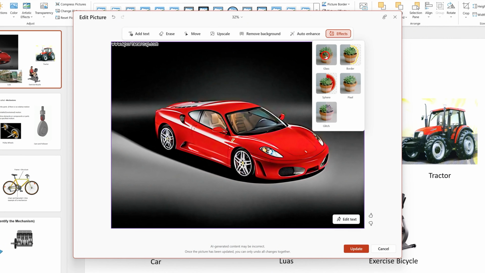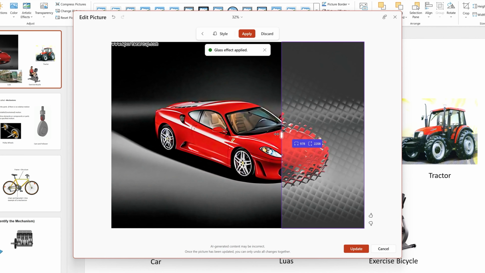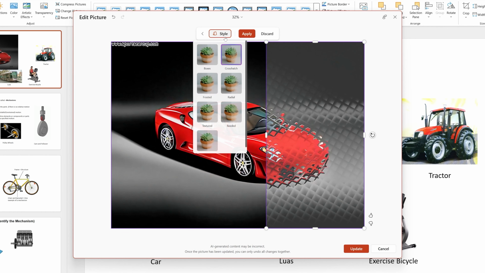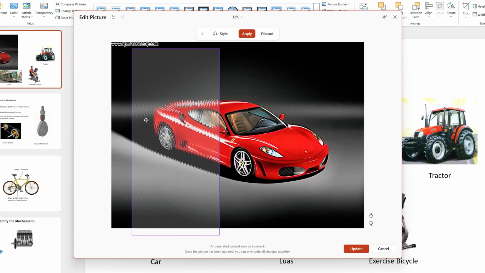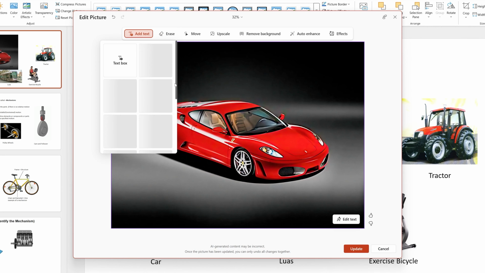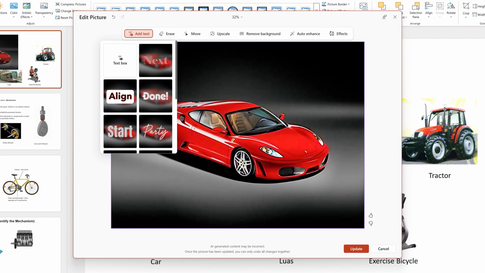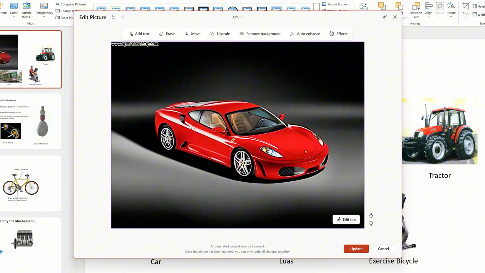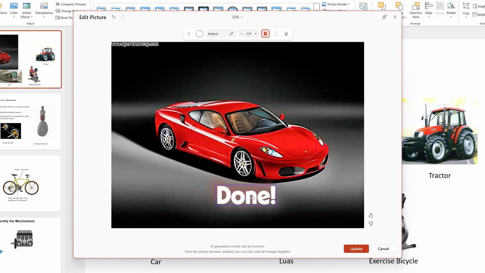And then here we also have got this option which is effect. So if you want, you can add these different types of effects in your image. Not only that, you also have the option to add text to your image. So click on add text, and then here we can select these different styles of text that will perfectly blend